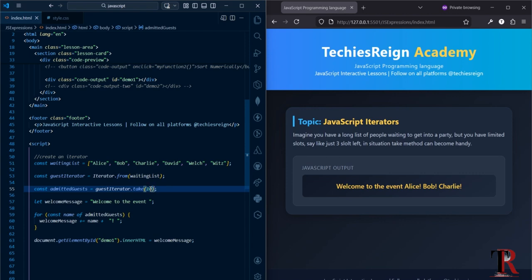So if I change this to 10 now, let's look at what will happen. You can see it just gave me all six names. It didn't crash my program. So this is another example of how the take method works, and an instance of where it can be used in real life. Thank you. And in the next lesson, we'll continue and talk about